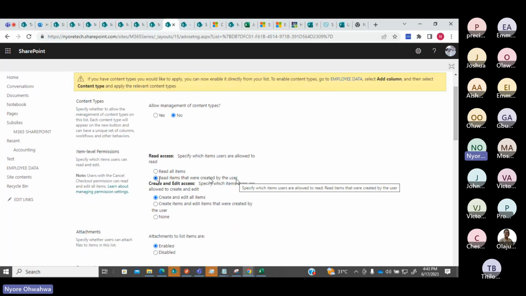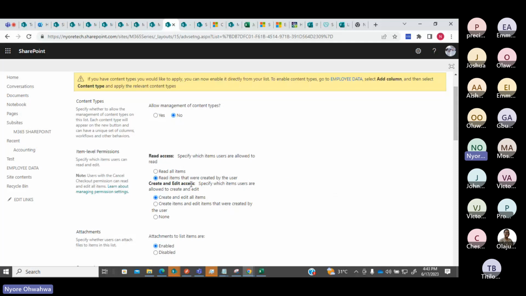So I can decide to share this list with everybody in the organization so that they fill the details and get back to me. So I don't have to be the one to fill everything for everybody. And I want to make it confidential. So I will come to list settings and advanced, and I will change this option to say read items that were created by user. So only your items, whatever you have created, that's what you're going to see. You're not going to see what other users have added to the list.